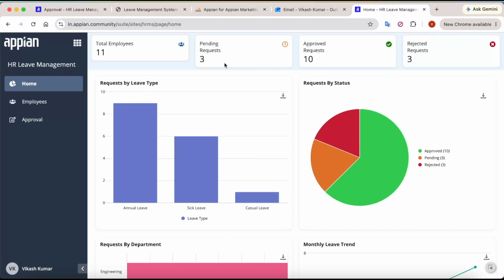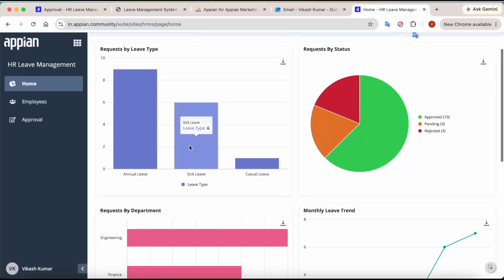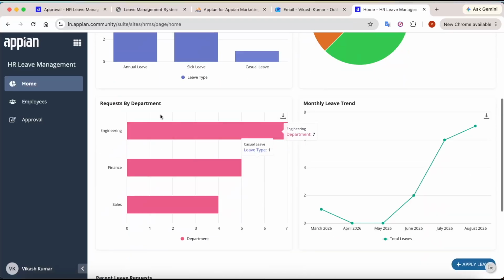And here you can see the pending requests are only 3, approved requests are 10, and rejected requests are 3. And these are the different graphs: requests by leave type, requests by status, and requests by department. And we also created a line graph for the monthly leave trend, showing how many leaves have been applied in